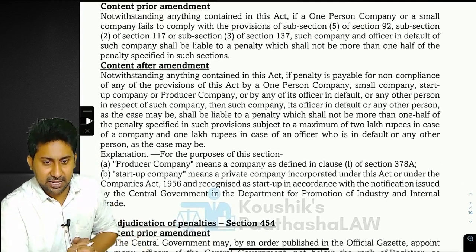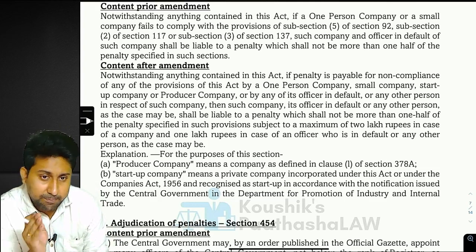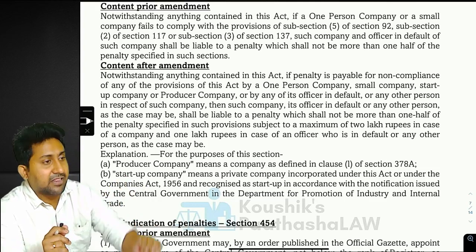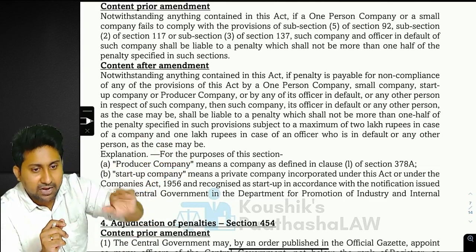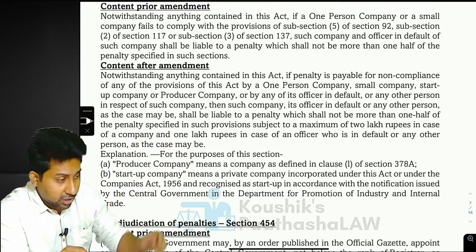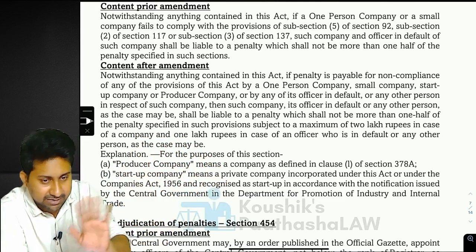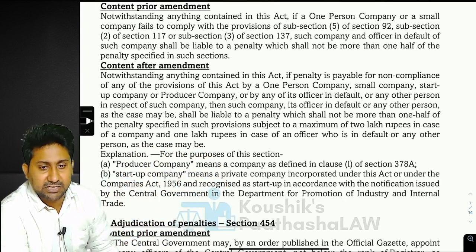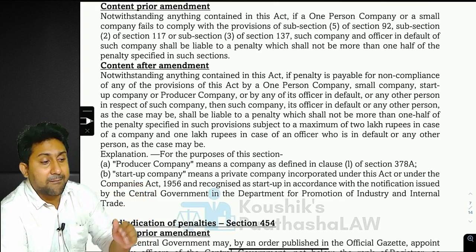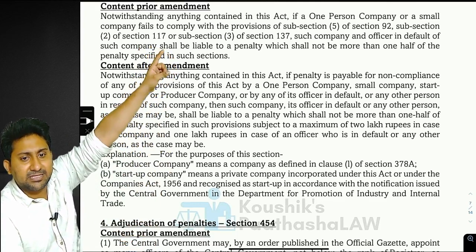Previously, if it was a one-person company or a small company, they would also be punishable, but they would pay half the penalty. If other companies are paying 1 lakh, these people only have to pay half, 50,000. But now that was changed, because the producer company chapter was newly added to the Companies Act, not to the syllabus. Therefore, the startup company concept also started, and therefore they made an amendment to this. Let us see. Previously